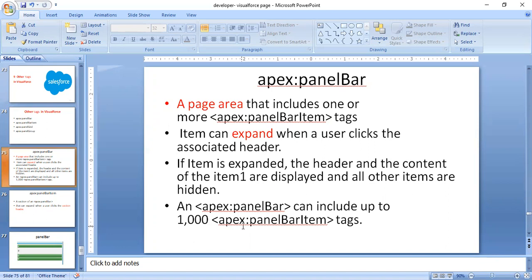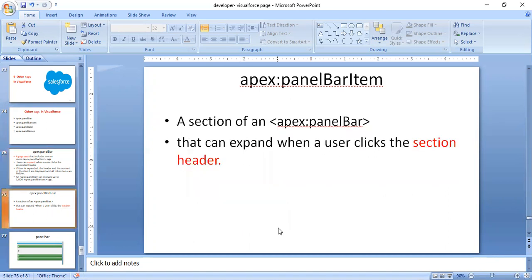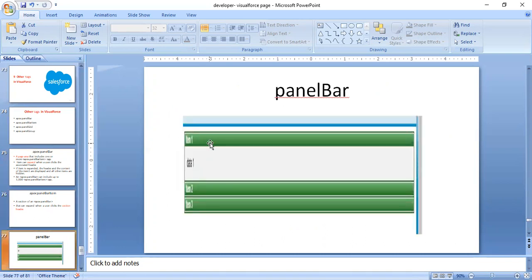Coming to the panel bar item, it is a subsection of the panel bar that expands when the user clicks the header section.